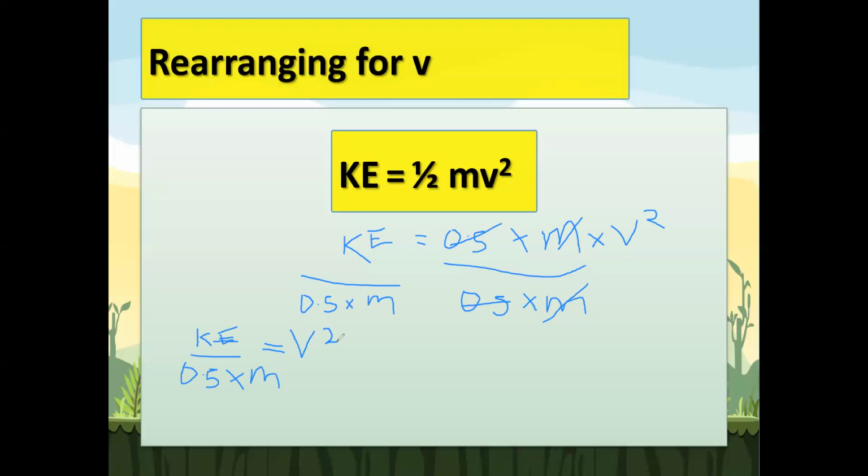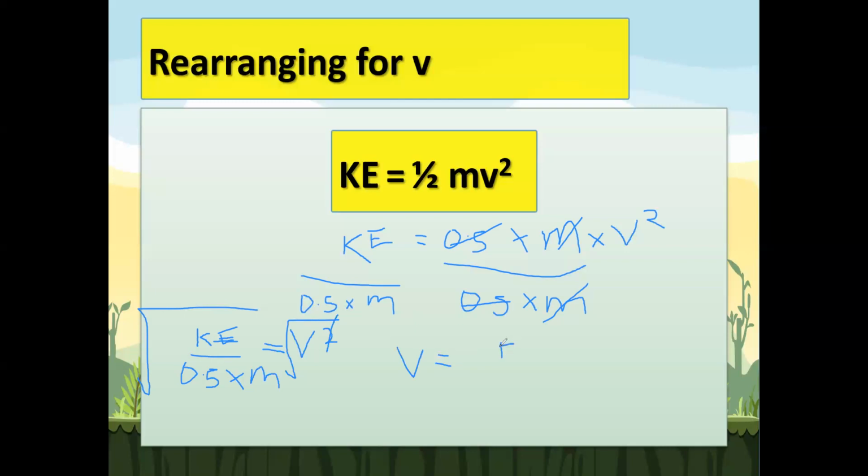We want to make V the subject, not V squared. So what's the opposite of square? The opposite of square is square root. So you're going to square root both sides. The square root and the square go away. So you're going to have V is equal to